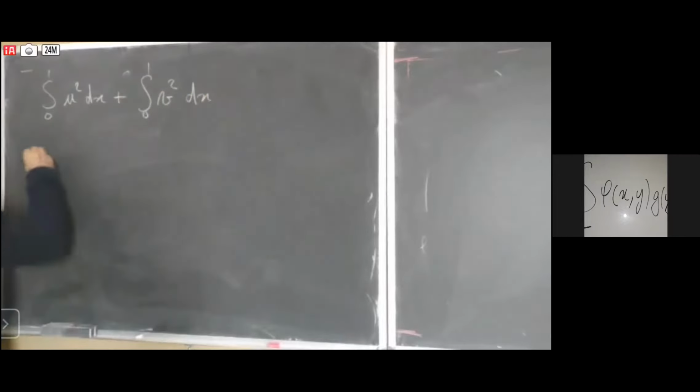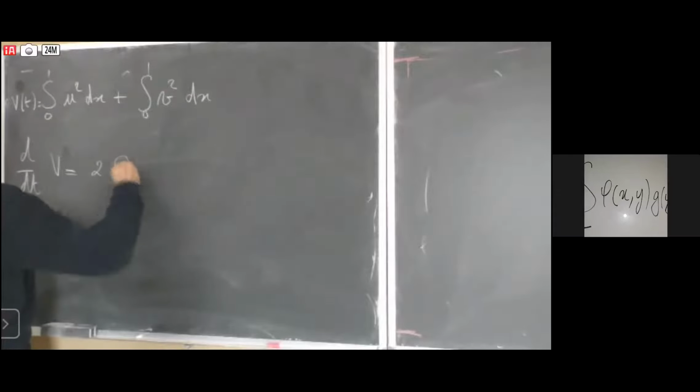If we take the derivative of that, let's call it V of t, this is equal to 2 integrals